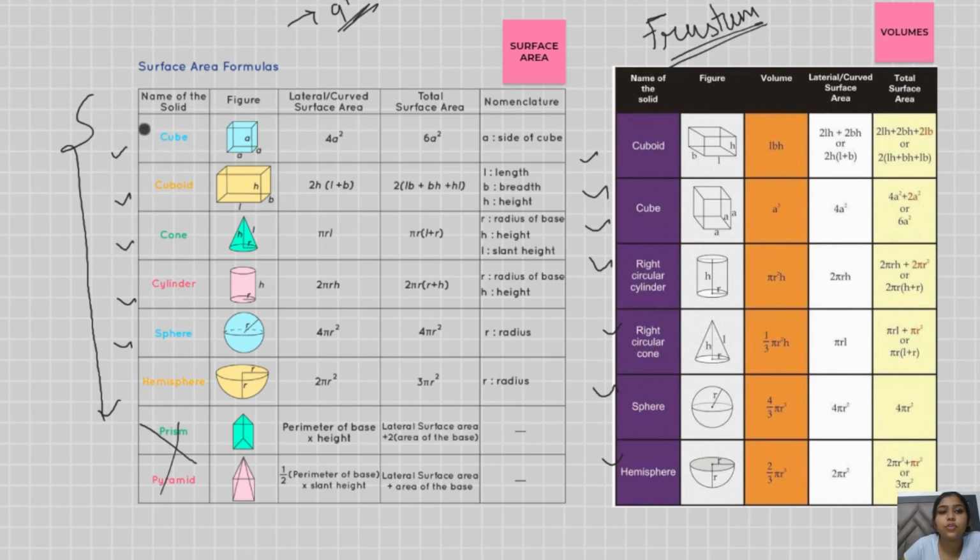So starting with the cube, curved surface area is basically the area of 4 walls. In case of cubes, the 4 walls area is 4a square, where a is the side of the cube, and the total surface area is 6a square. Volume is a cube in case of cube, right? So a is the side of the cube, and then only you can consider them. We can have a look at this table. It has all the 3 columns, right?